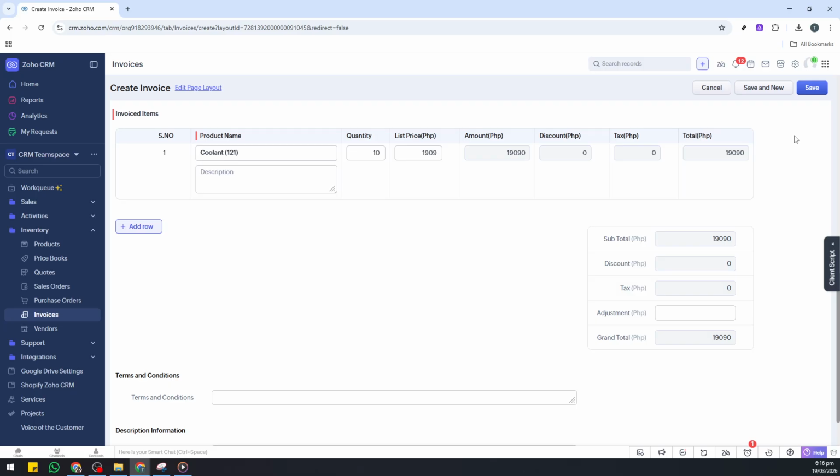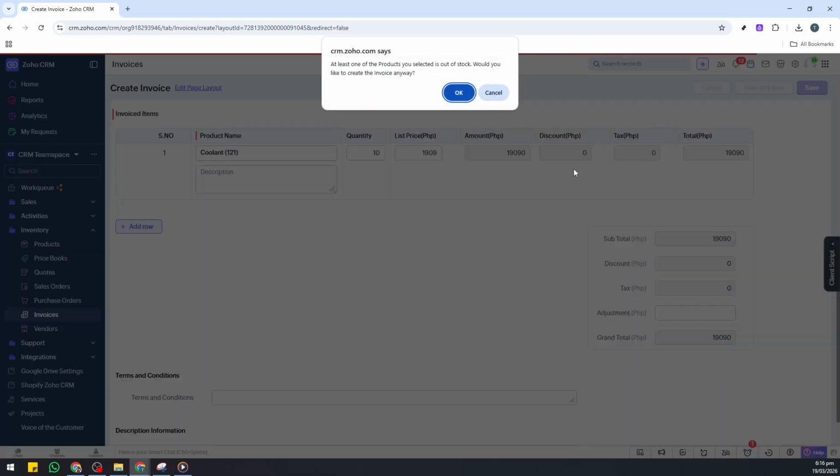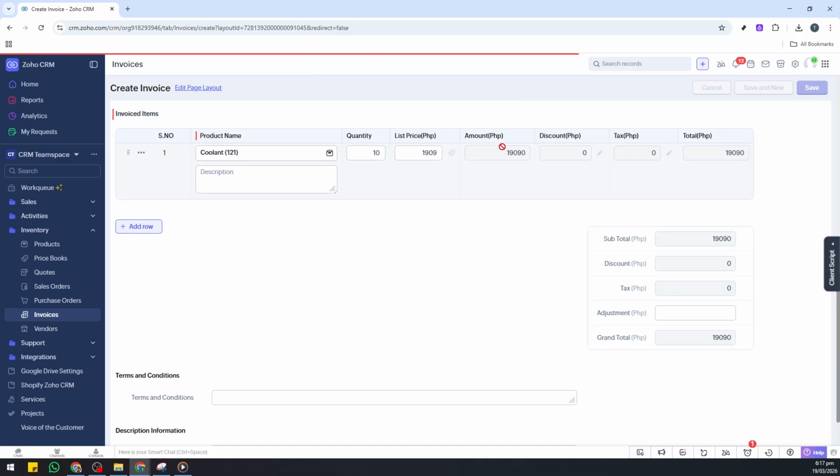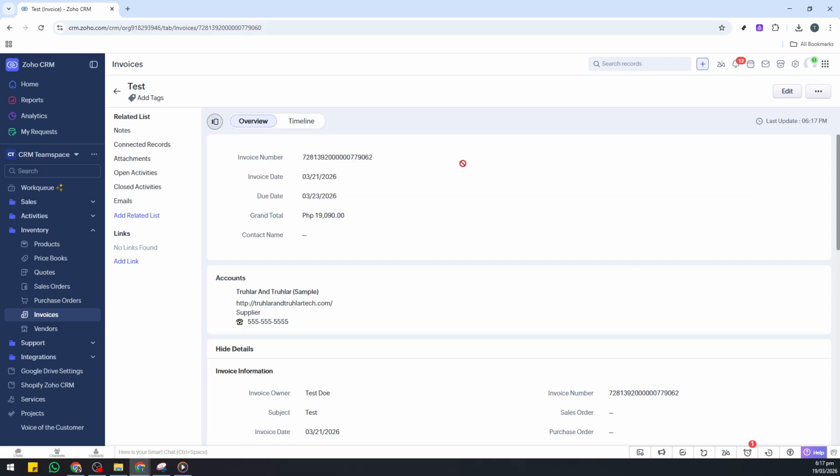When everything looks good, click Save. Zoho CRM will validate required fields and save the invoice to your invoices list. If you see any prompts about missing information, fill those in and save again. That's it. The invoice is created and ready for your internal processes, whether that's review, syncing with your finance tools,